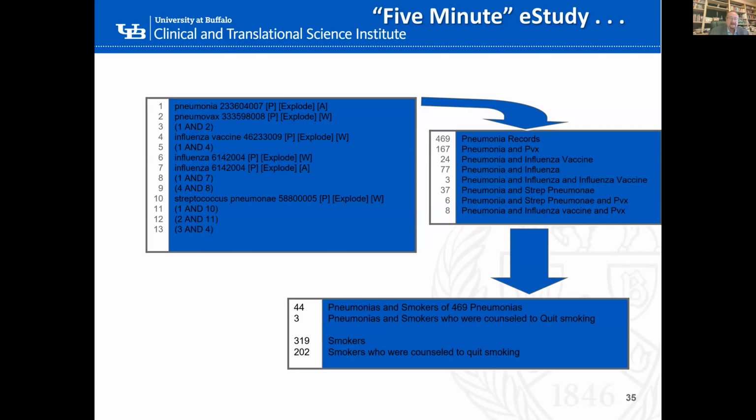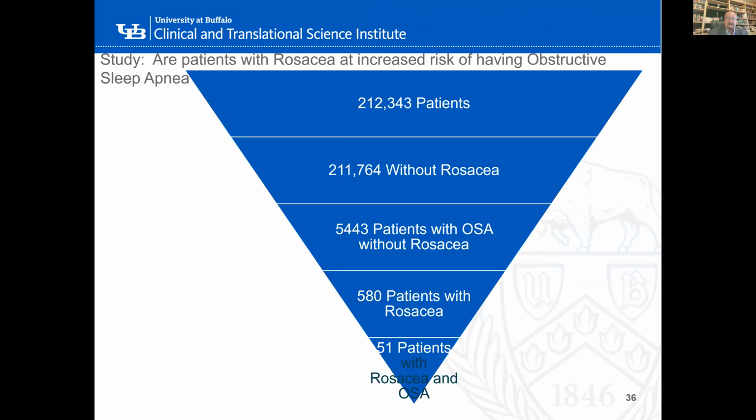So then we thought we'd try something a little more difficult where we said, okay, you've got these people who are smokers and have pneumonia and the flu. How often were they told not to smoke, to quit smoking? And it was only about 2/3 of the time in the record. And so we put in place policies to try to get people to be taken off that.